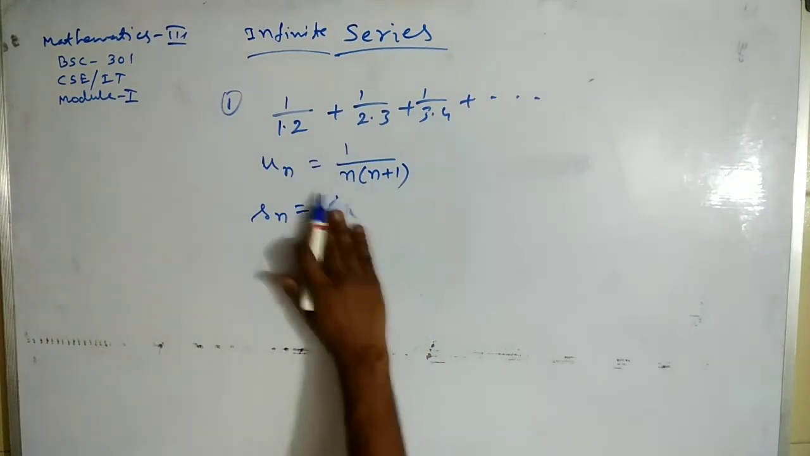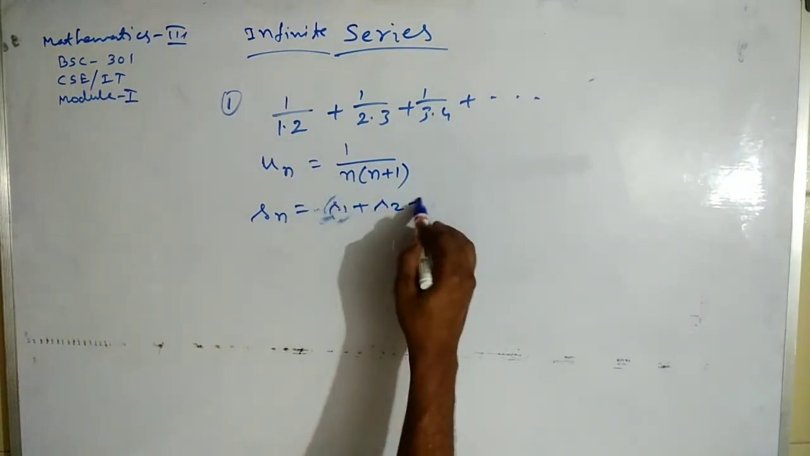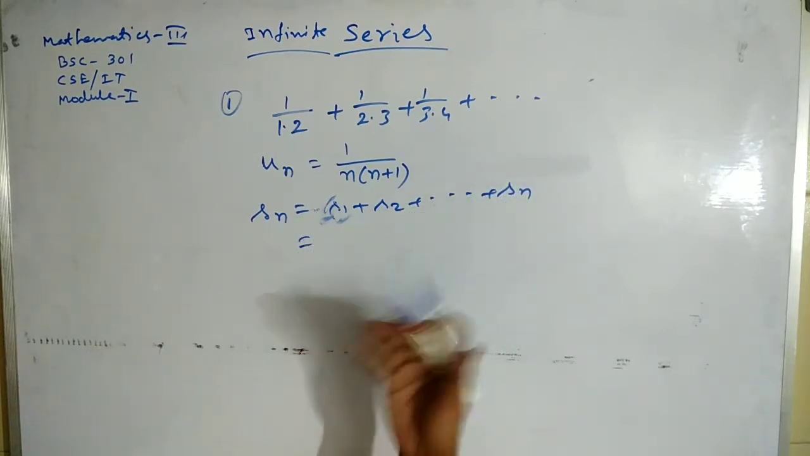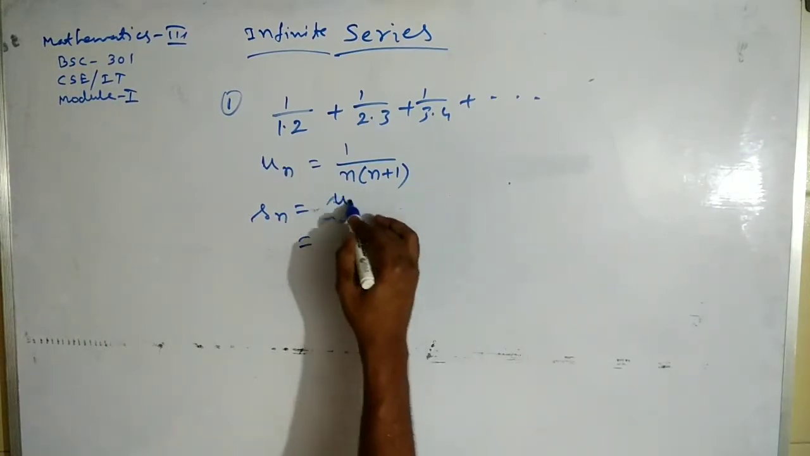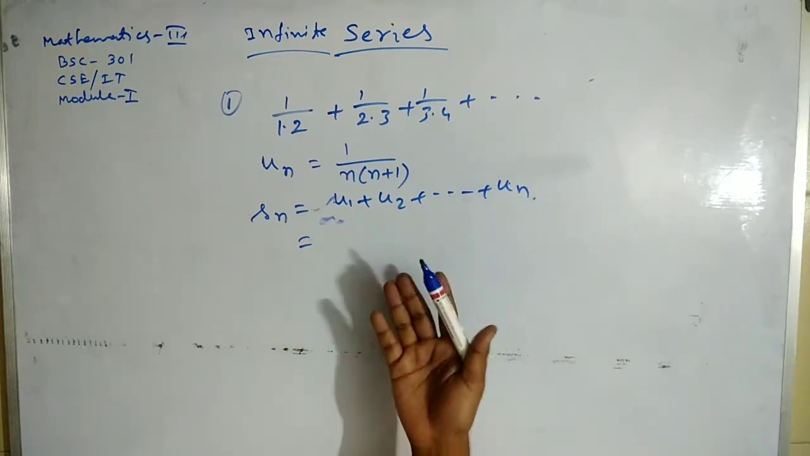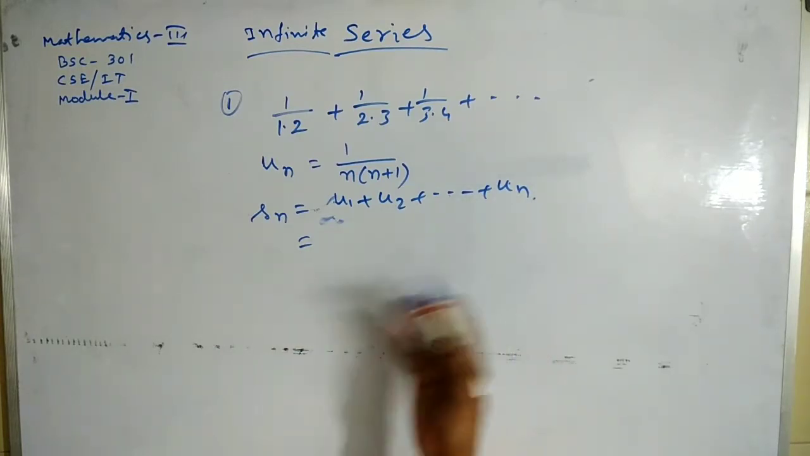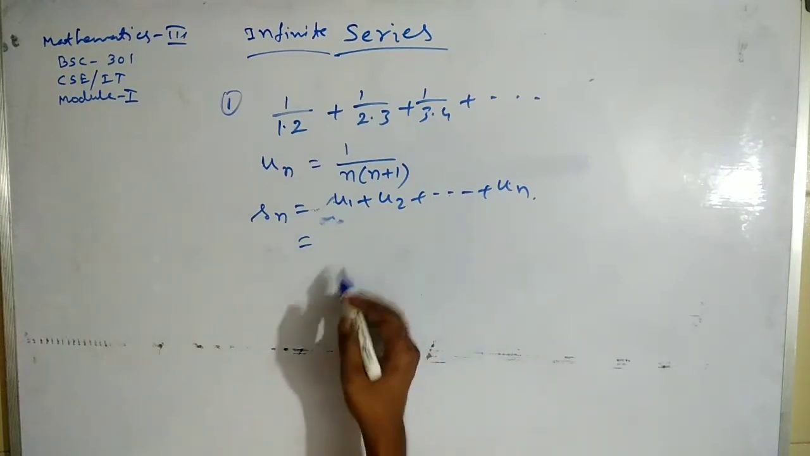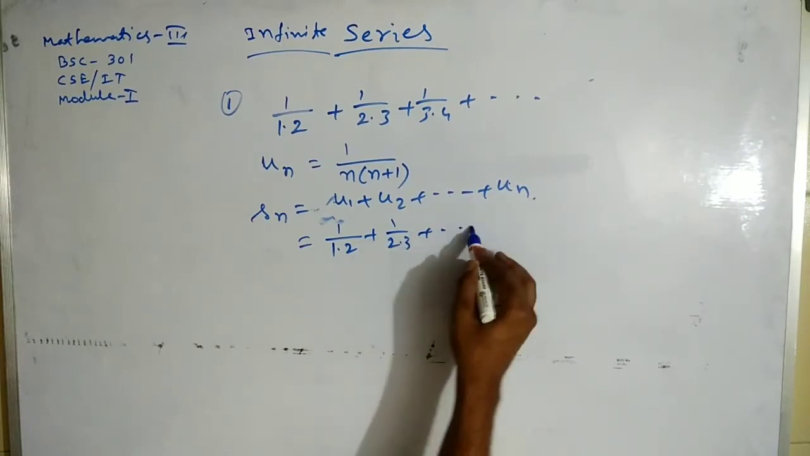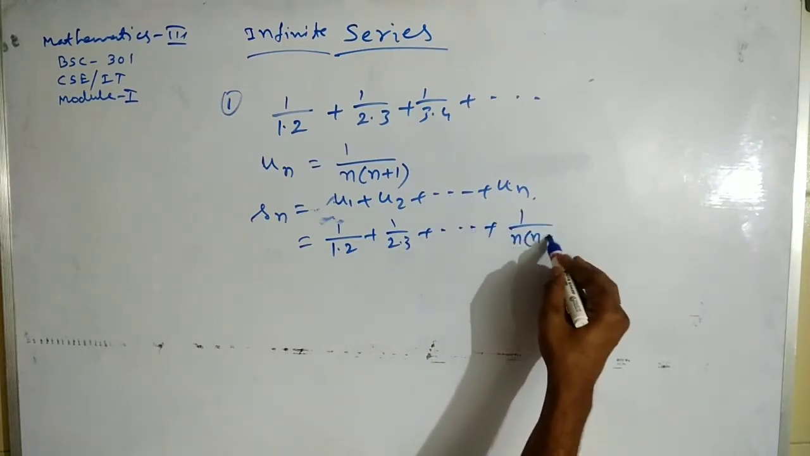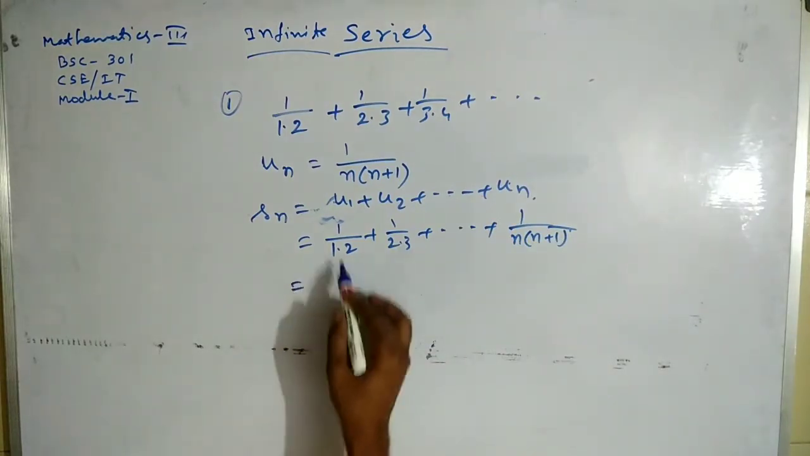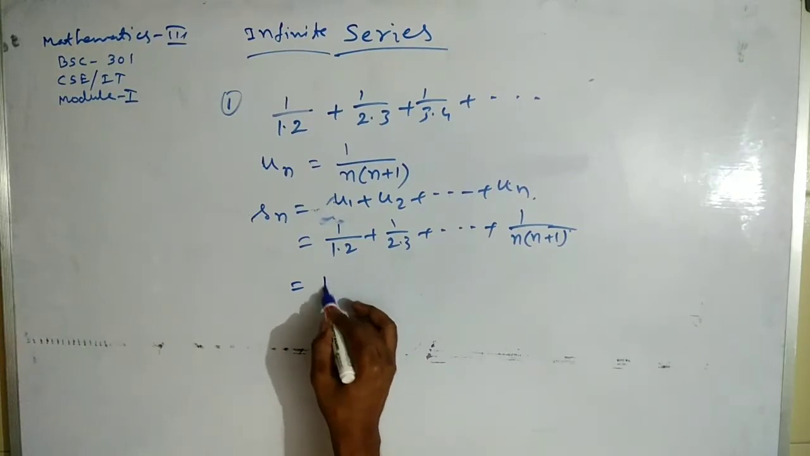Sn equal to u1 plus u2 plus ... up to un. That is the partial sum of the first n terms of the sequence un, and that will be 1 by 1 into 2 plus 1 by 2 into 3 plus ... up to 1 by n into n plus 1. So this is Sn. Okay, now these terms can be written as 1 minus half,